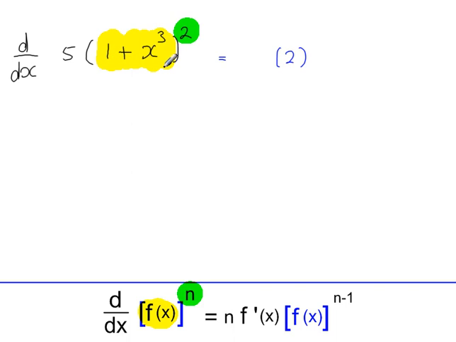So differentiating the 1 plus x cubed gives 3x squared times the original function inside the brackets, 1 plus x cubed, to the power of n minus 1, so subtracting 1 from the original power, and then we need to multiply by 5, like this. And then we can simplify this result to give us